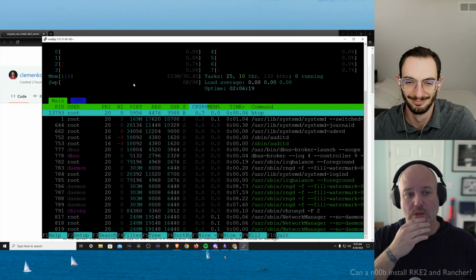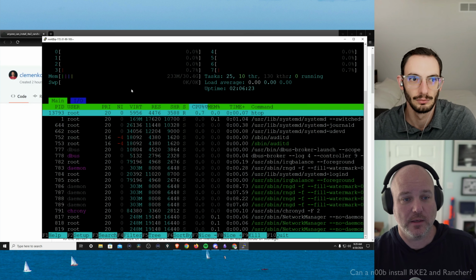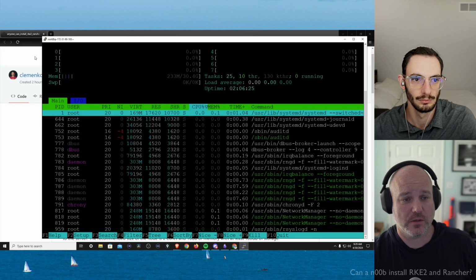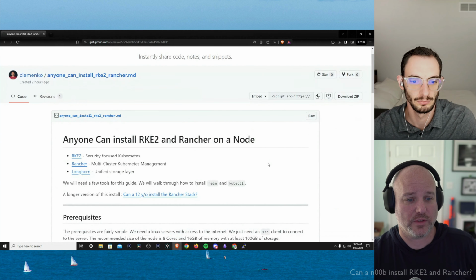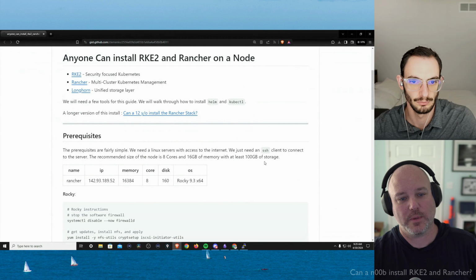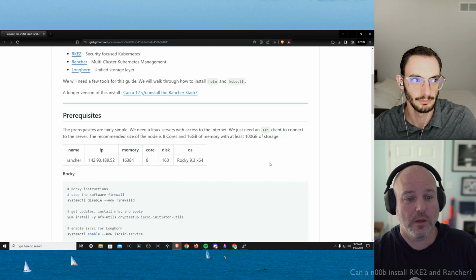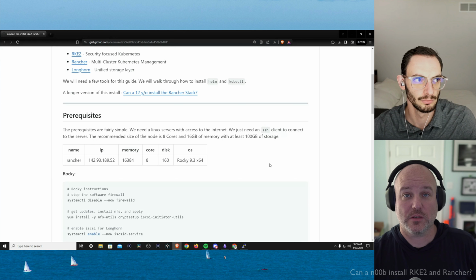Okay. You can leave that open if you want to go to the gist. By the way, the gist will be in the show notes. So go ahead and click on the gist and then just scroll down. So like I said, we're gonna deploy RKE2, Rancher, and Longhorn. That's not the IP, I just put it in there. Oh, it's 32 gigs of RAM, but you kind of get the point. What we can do is actually start the setup.